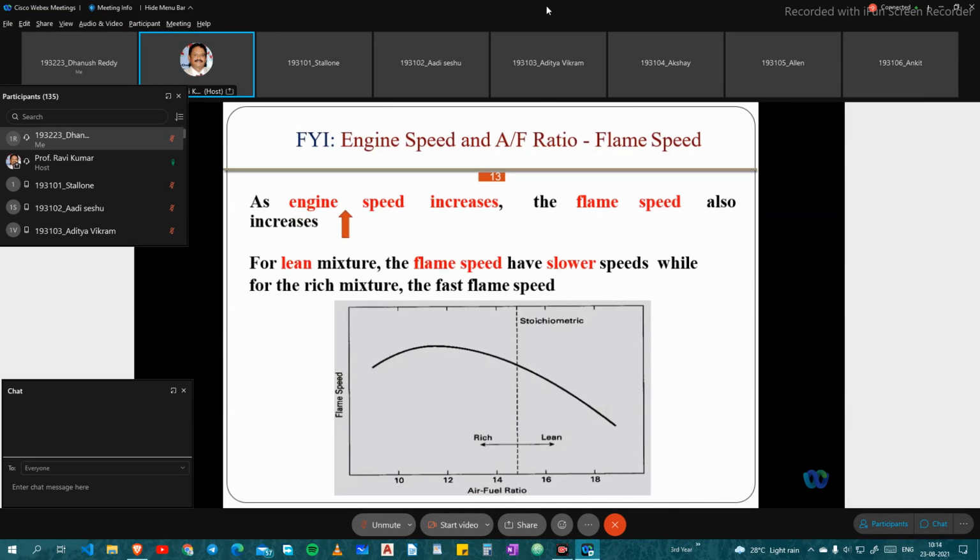Once the vehicle is started, again you are keeping it to this. Sending a high amount of fuel into the chamber is called the rich mixture. Lean mixture means less fuel, and another one is the stoichiometric air fuel mixture, which means the correct mixture of the fuel. You are going to see it. Here we have air fuel ratio, and we are going to see flame speed also. You can see this stoichiometric air fuel mixture is here. And if you divide on either side, one is called the rich mixture and another one is called the lean mixture.